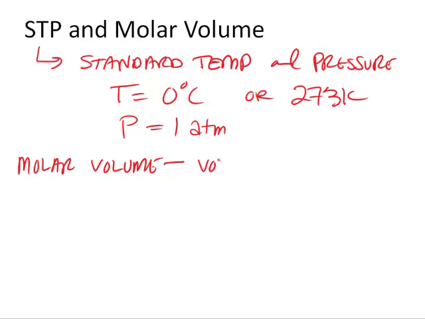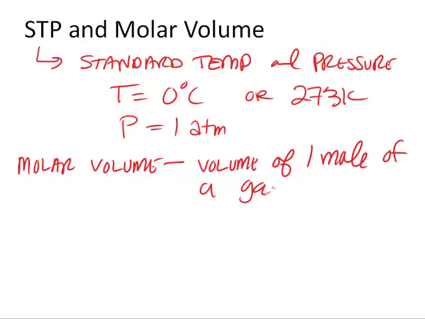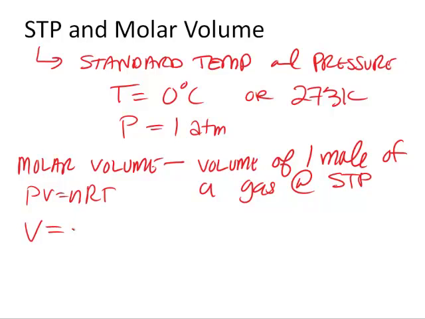Is the volume of 1 mole of a gas at STP. Okay, so if we wanted to find that, we could just calculate volume from PV equals nRT. Since we're talking about 1 mole, let's use 1 mole as our number of moles times our gas constant,